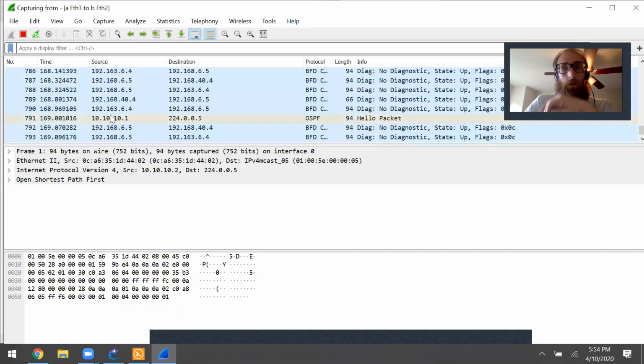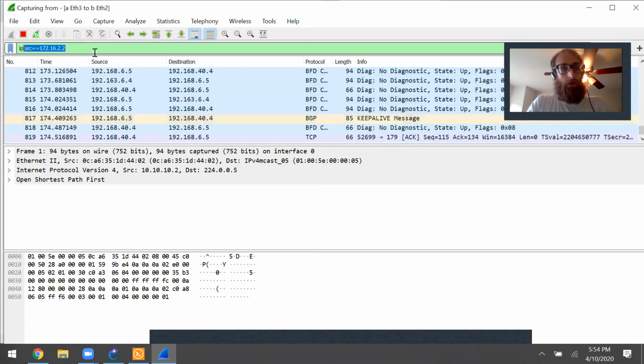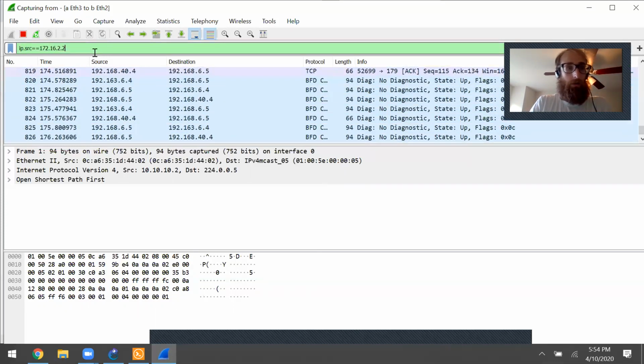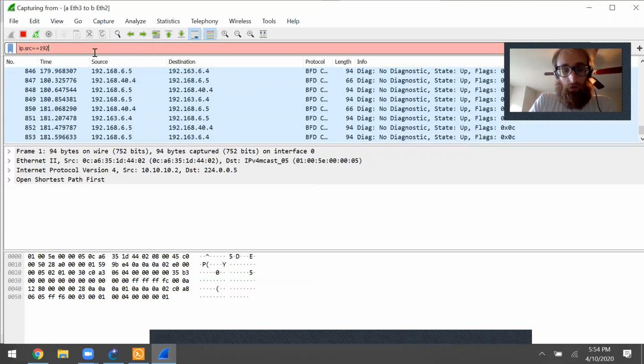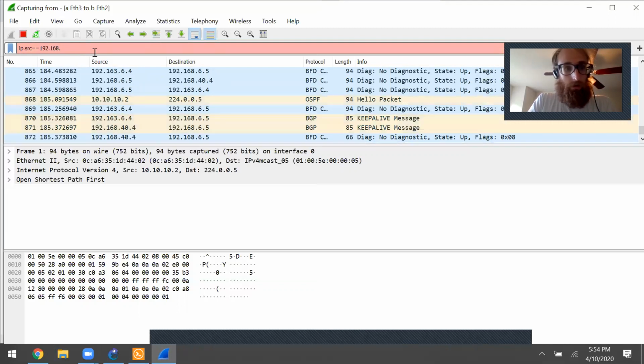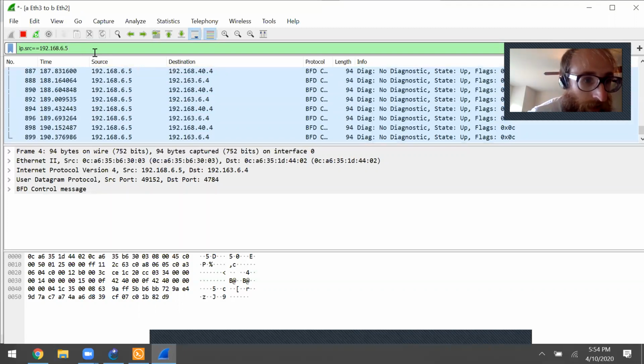And then I'm getting it for 2 BGP sessions as well. So why don't I just make it a little bit easier to read and just look at them sent from one source, 192.168.6.5. So now we can see more clearly how long